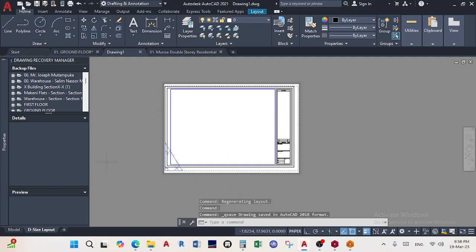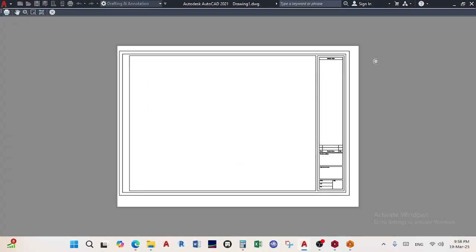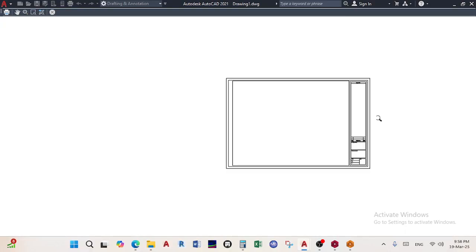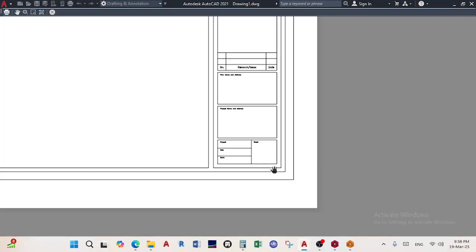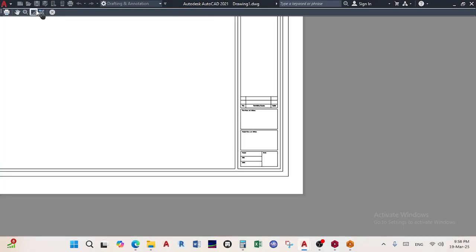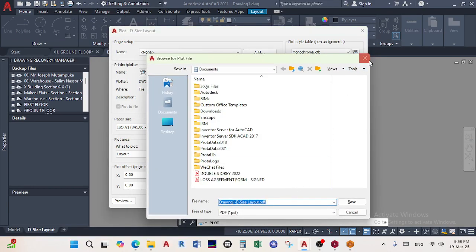It saves. Now you can say print, and then a preview. You can see now that it's not cut. You can do a better job. You can see this side is bigger, this side is small. So you can do yourself a better job as you are seated, you play around with it. And then when you say okay,